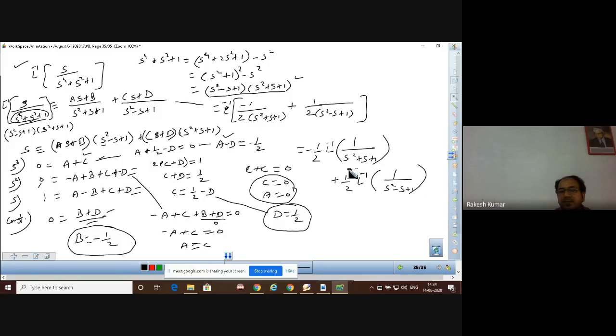This question is very, very important. If you are able to understand the question properly, then I think you can easily understand the concept of inverse Laplace transform by using partial fraction. So we focus on this question. We have to find out the L inverse of this term and L inverse of this term, and clearly we have to make the perfect square, so that we can easily resolve this question.